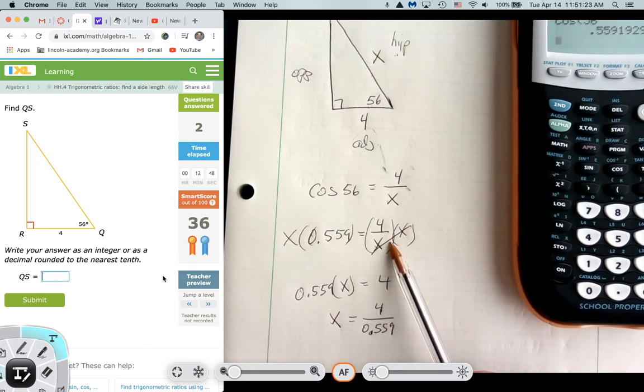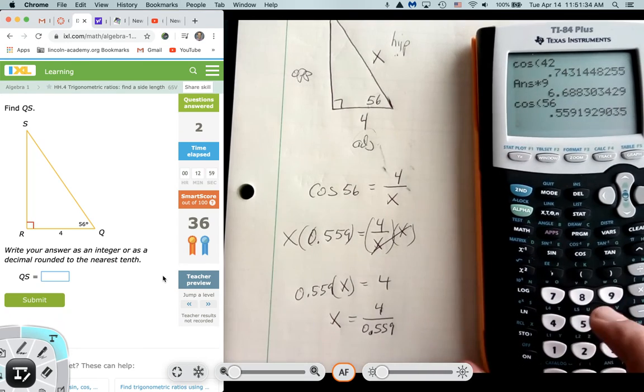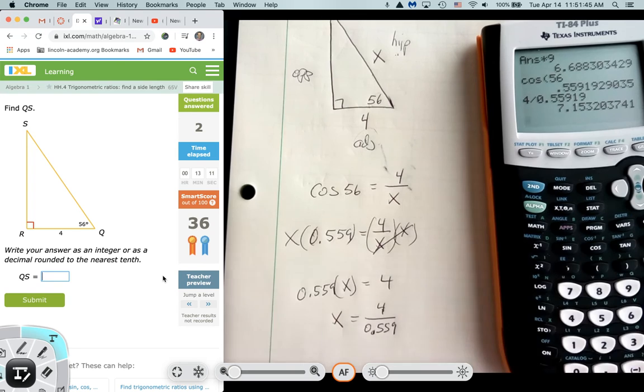I had to get the x out from the denominator, and then I had to divide that decimal I got when I took the cosine of 56. So over here on my calculator now, I'm going to go 4 divided by my 0.559. I'm going to go a little further just to be safe. Hit enter, and I get x is 7.153. But again, it asked me to round to the nearest tenth. So that's going to be